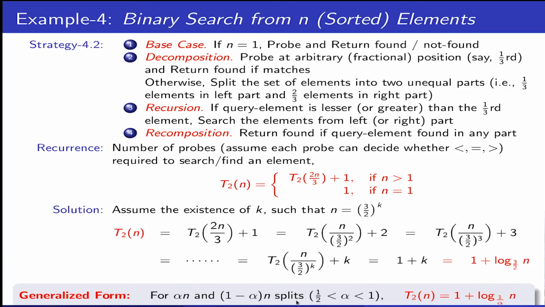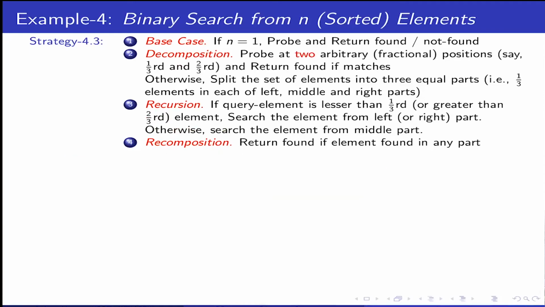Let's say we probe at alpha n and (1 minus alpha) n splits. So if alpha is more, since 2n by 3 is more than half, that more part we always land up in. So this is the more part, alpha n. So see now the beauty here. So middle split is better in binary search than in fractional split as per the concrete answer, number of probing you are doing. But who said you to do one probe?